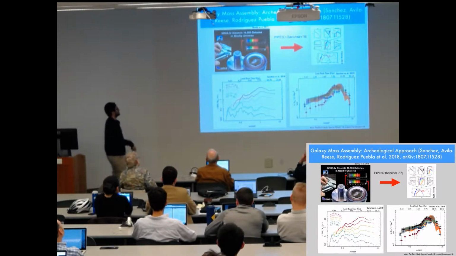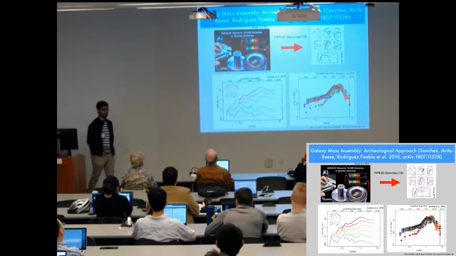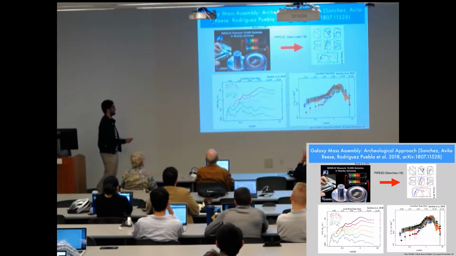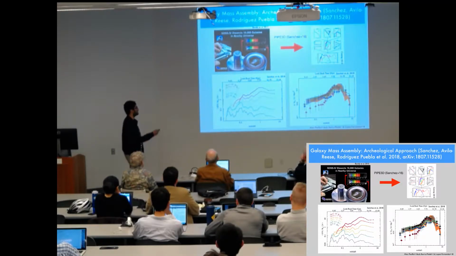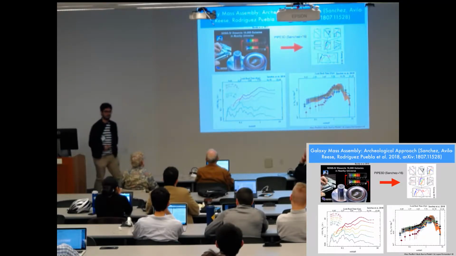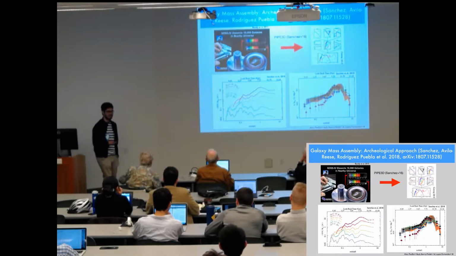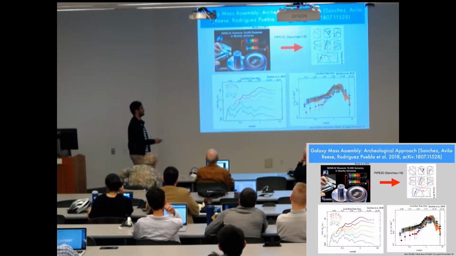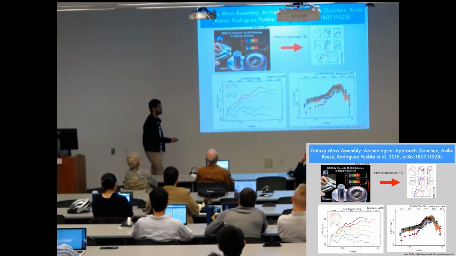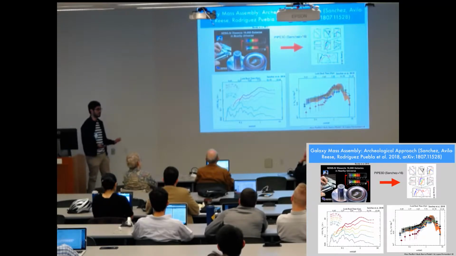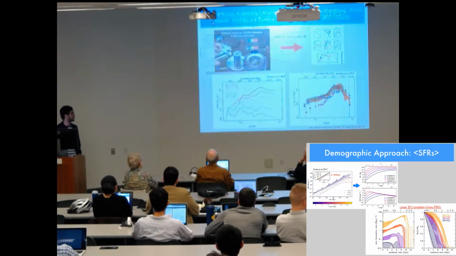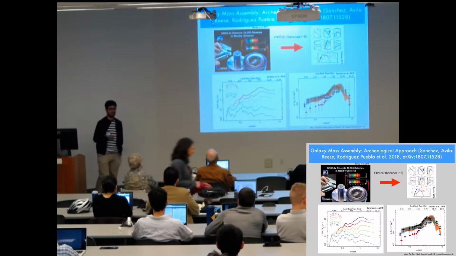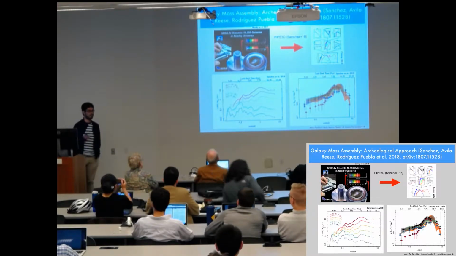We can do it more empirically using the archaeological approach. We have this paper now on the arXiv in which we use the MaNGA data, using the spatially resolved spectra of the galaxies in the MaNGA sample and stellar population synthesis models. We have recovered the star formation histories of the galaxies for this sample. We have applied some volume corrections, and we have shown that the data that we derive from the spectra in MaNGA recovers the star formation history of the galaxies. But here we are assuming that all the galaxies are evolving only by star formation, okay? And we cannot constrain which contribution comes from mergers and which contribution comes from